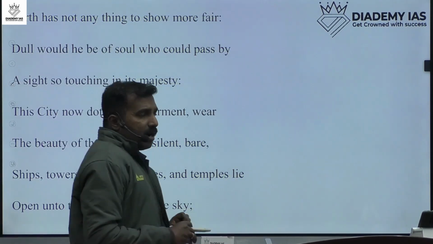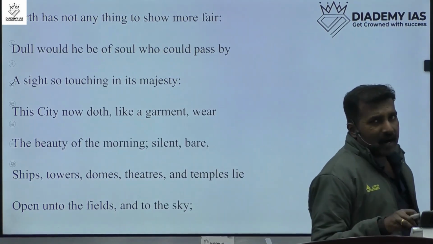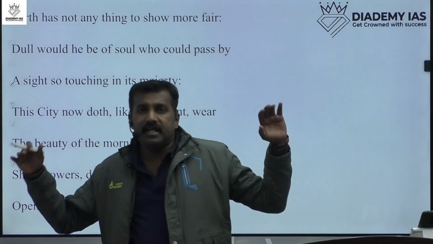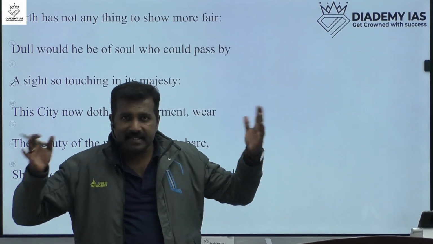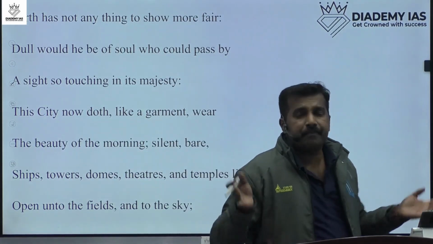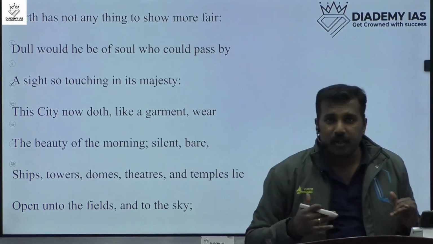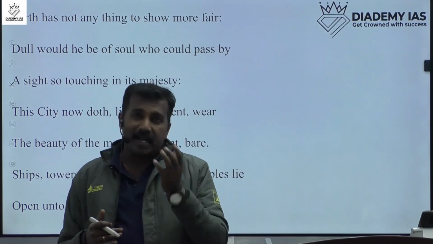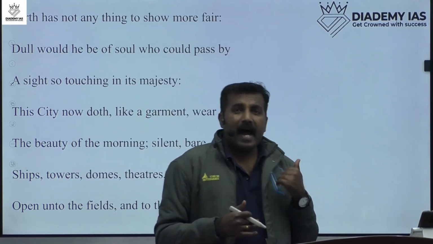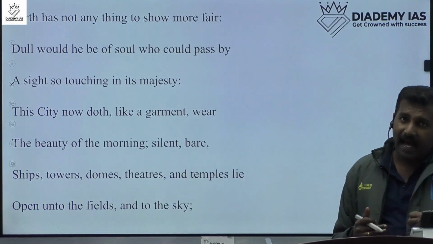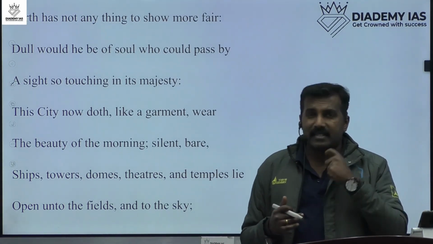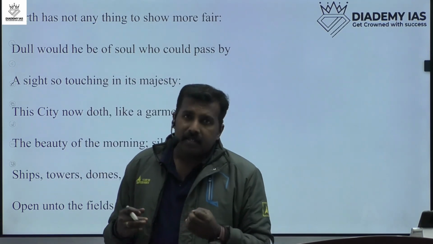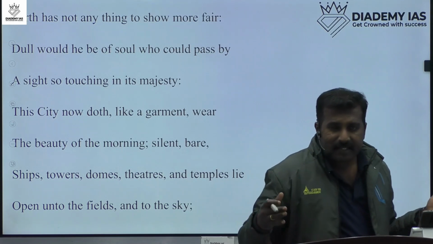So we discussed the introduction of the poem, what this poem means, and we read the lines. The 14 lines of the poem make a sonnet, and it is named a Petrarchian sonnet or Italian sonnet. Why is it called a Petrarchian sonnet? Because it originated from Italian poetry, and it is named after Petrarch, an Italian poet who played a vital role in the formation of the type of poetry that originated in England, that is, the sonnet.